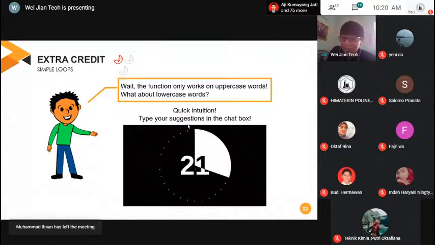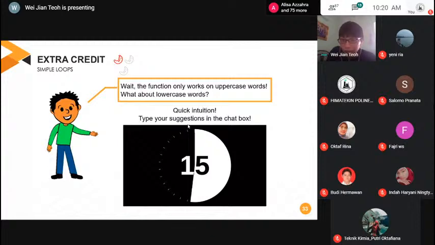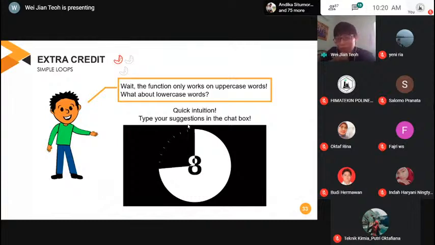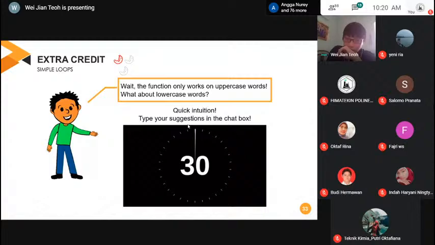Any suggestions? Please type in the chat box and I'll have a look. How do I make the function work on uppercase and lowercase words? Okay, any suggestions?